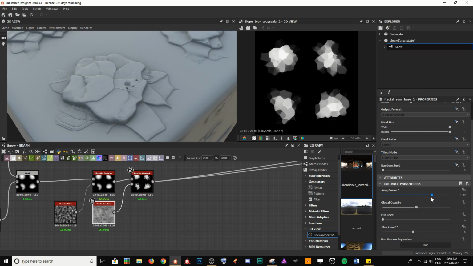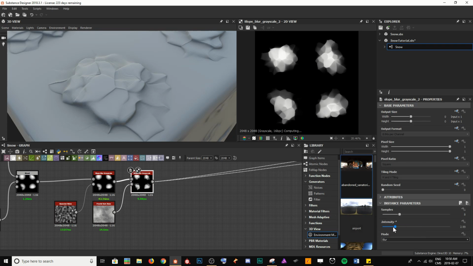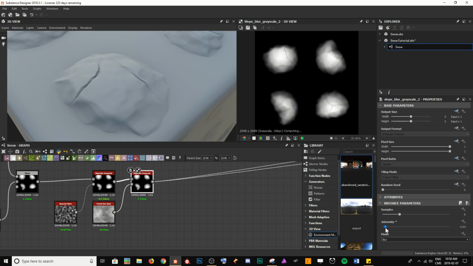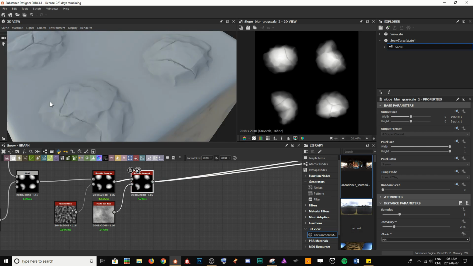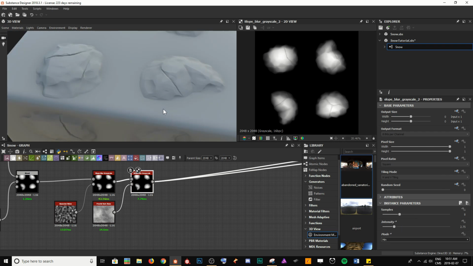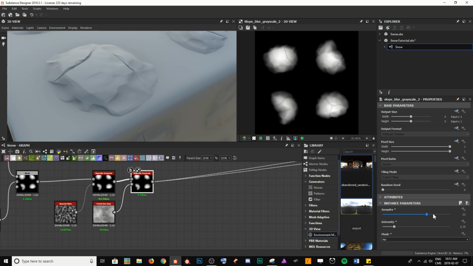You can play around with the roughness a little bit. Maybe leave that like that. Play around with the intensity a little bit. And I'm going to leave the samples relatively low. So if I crank them up,